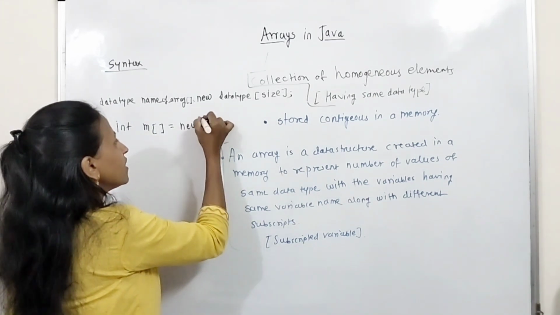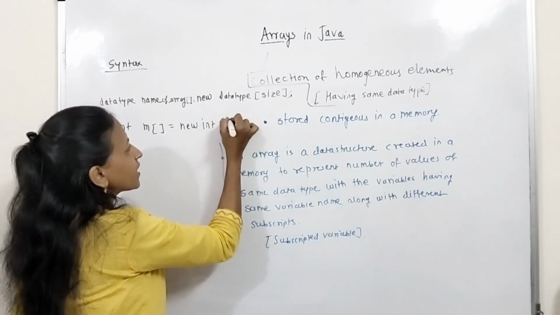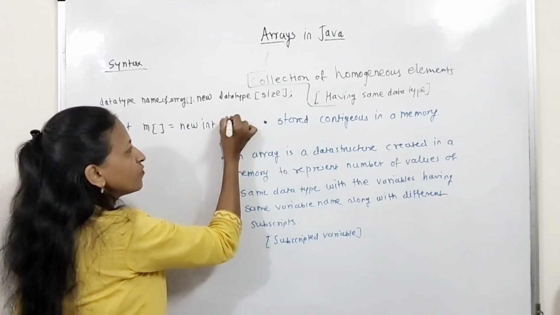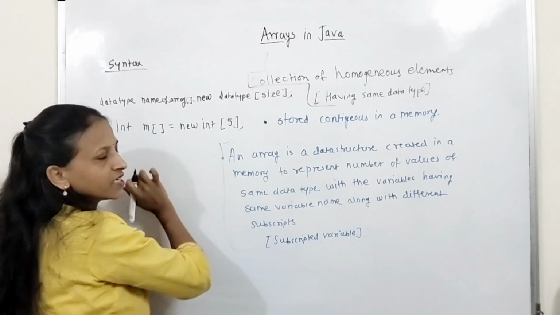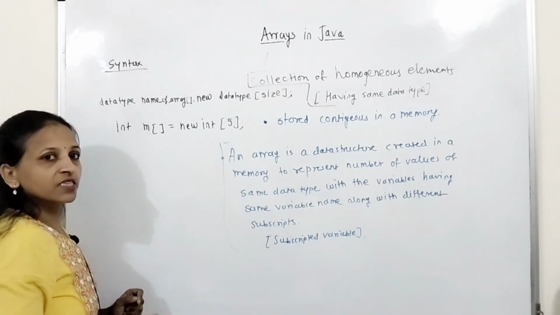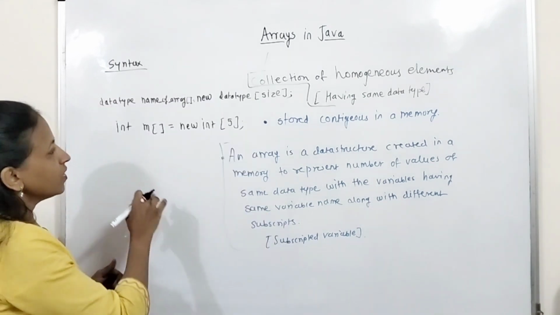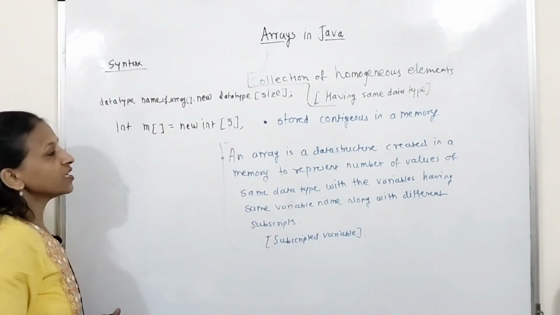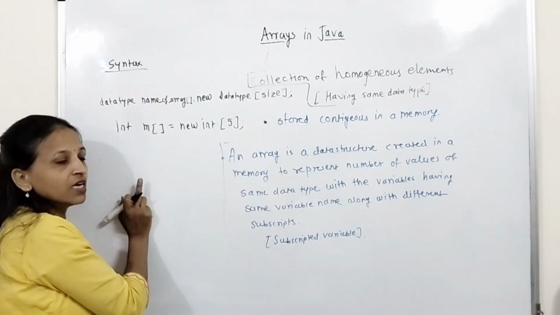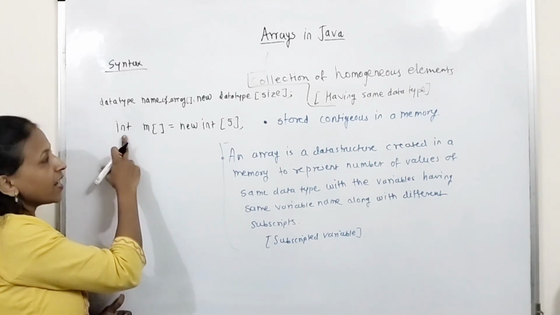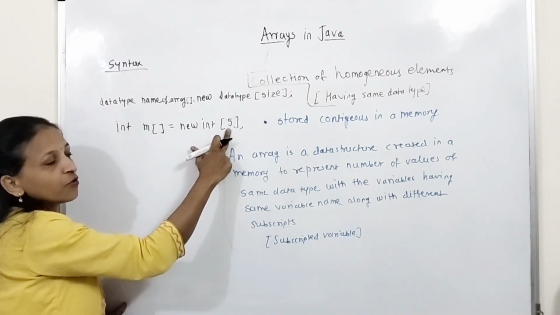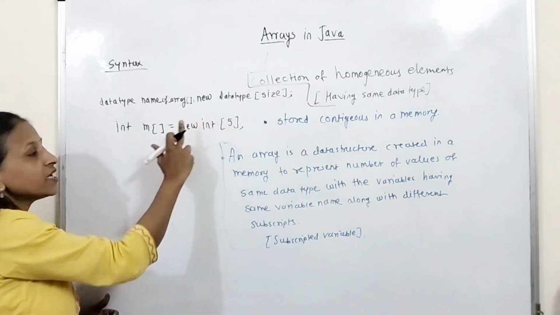New, then again we have to write int, and in square brackets, let's say I just want to create an array of 5 integers, then we will write 5 here. Getting? This is the syntax to create an array of 5 integers. Now see what will happen. Here I am creating one array of type integer, and this is capable of holding 5 integers, and the name